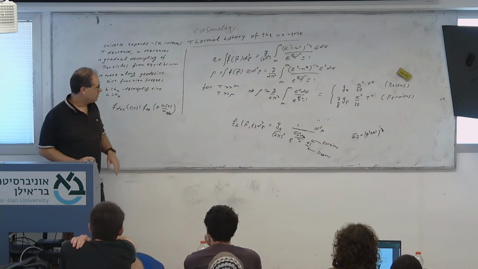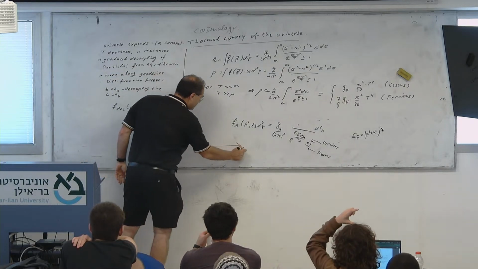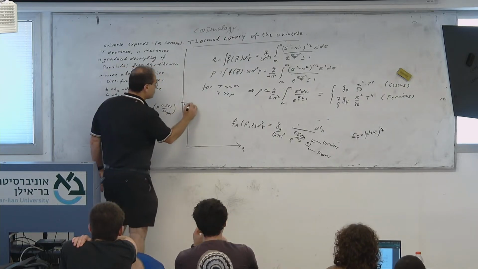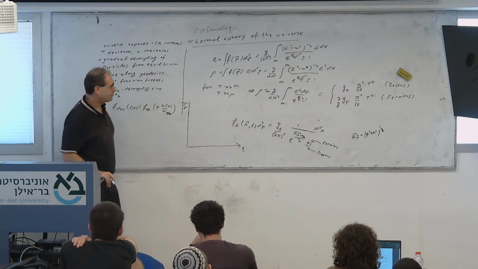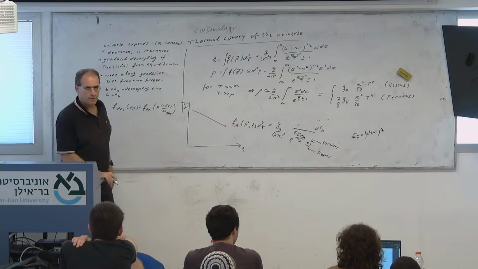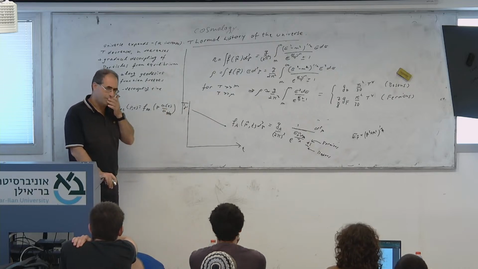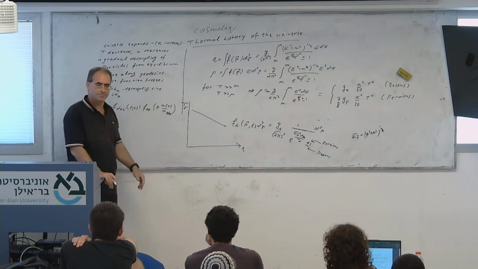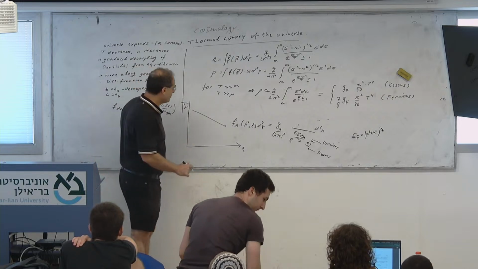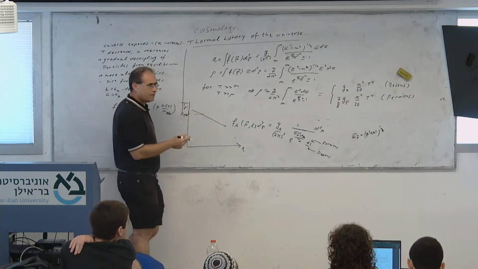The situation is the following. As time goes by, this is the temperature of the universe. So this is the temperature of the photons, which is essentially the temperature of the universe, and it goes down with time. Now, we have different particles. Let's say, for example, protons. Energy of protons would be around GeV. So if the temperature reaches GeV, proton is a bad idea. Let's look at